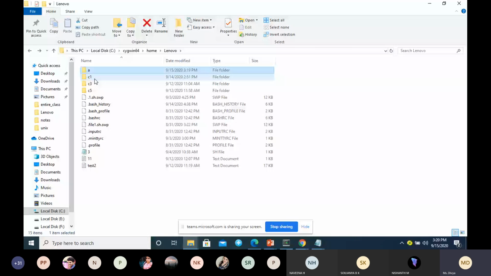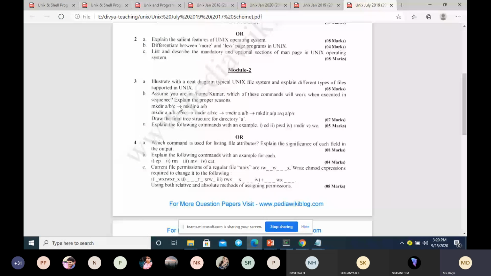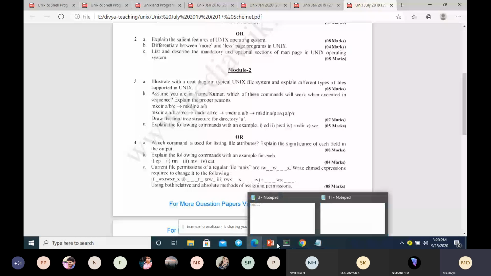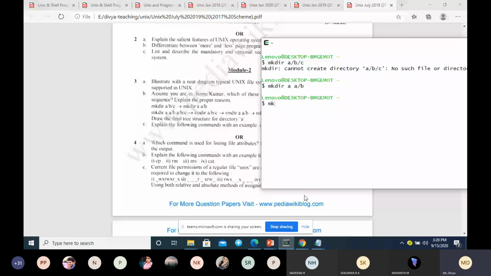But this command will work and it will create a directory A, and inside that it will create a directory B. Moving on to the next question. mkdir a/b, a/b/c. Whether this will work?